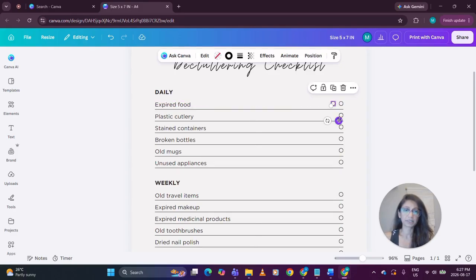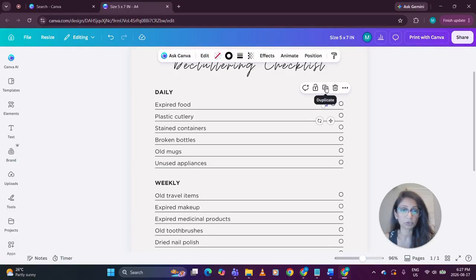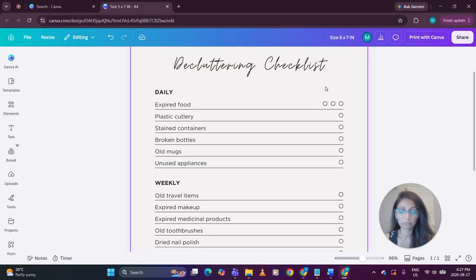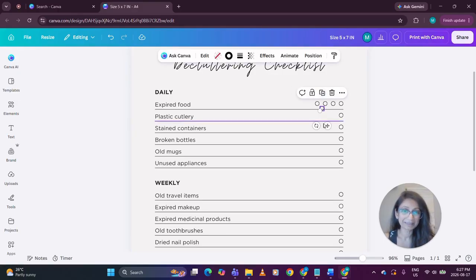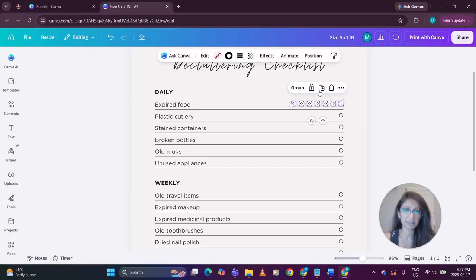And there we go, that's another one. I'm going to duplicate it again, and you see it's following the same format. So I'm looking for 7 days of the week. That's 3, 4, 5, oops, undo. Okay, and duplicate. And again, we've got to put it in line. There we go. And duplicate. And we need one more. 1, 2, 3, 4, 5, 6, 7. There we go. Brilliant. Okay, and if I select this and duplicate,